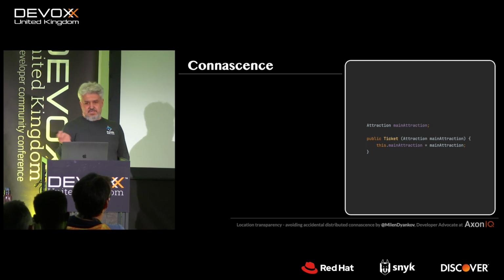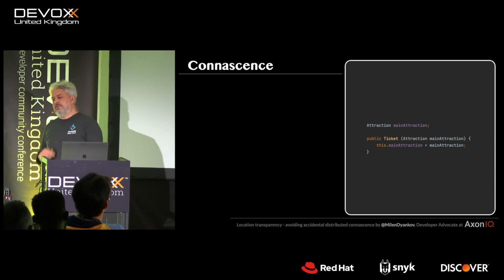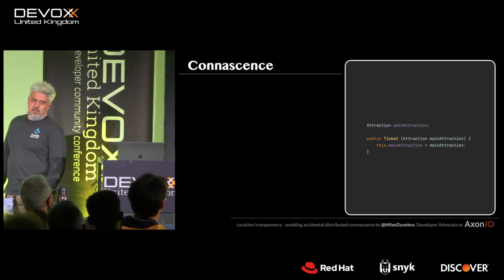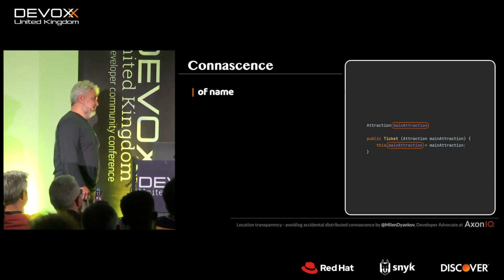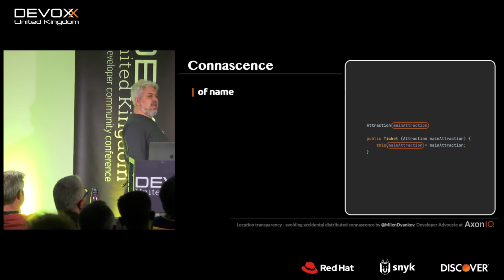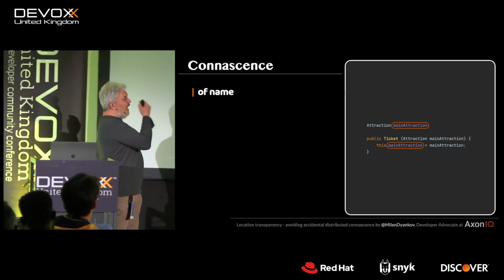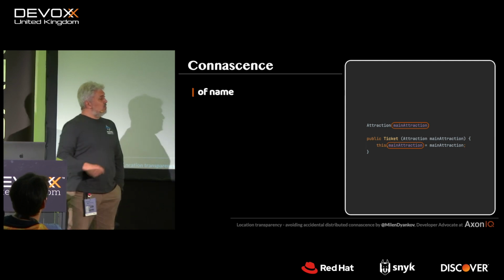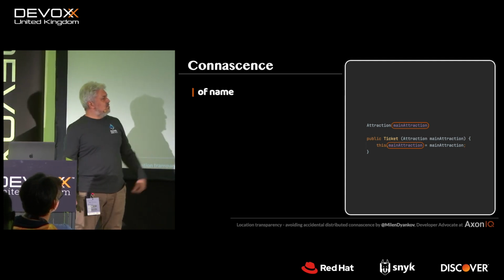Very complicated piece of code, as I said. There is a connascence in this code. Can you see it? You probably can't, so let me help you out. There is a connascence of name. Now, you have a field called main attraction, and you have an argument to the constructor